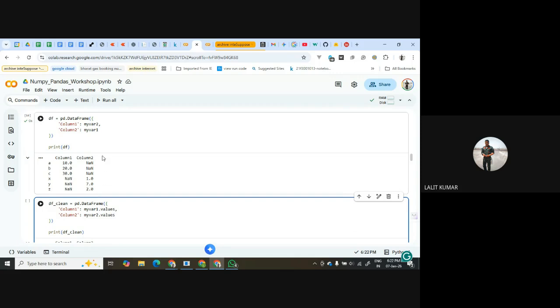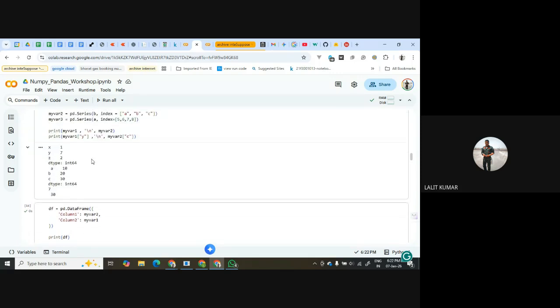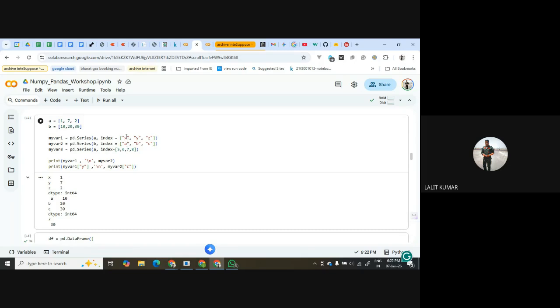Now if you want to overcome this problem where your indexes are not matching, for example, if I had not given an index here, then it would have made a data frame perfectly because everything would have been 0, 1, 2. Is that clear?